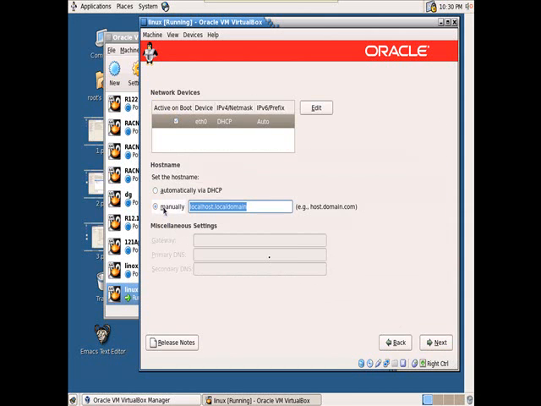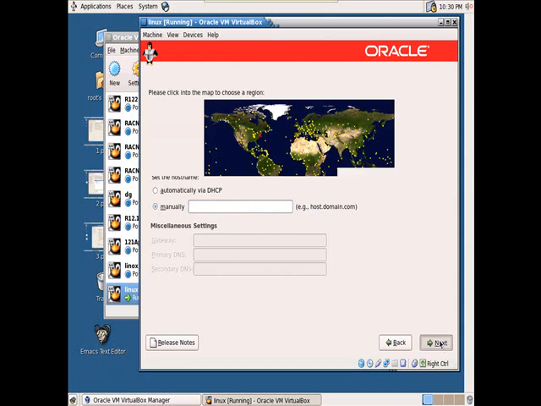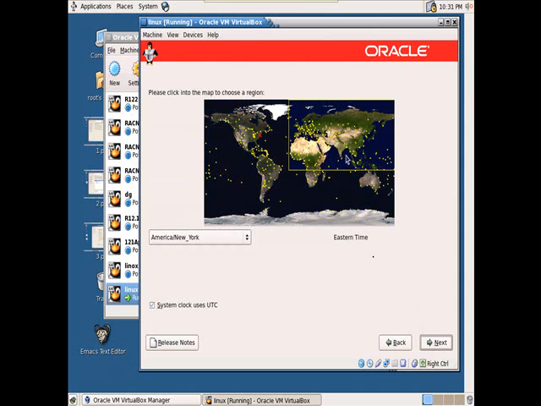Now we want to set the host name for this machine. Every machine will have a host name and IP address, and we need to mention those things here. So I am mentioning db120.dbatech.com as the host machine. We can give any host name, which should be in the format host.domain.com. Okay, click on next. I will show you how to set the IP address.